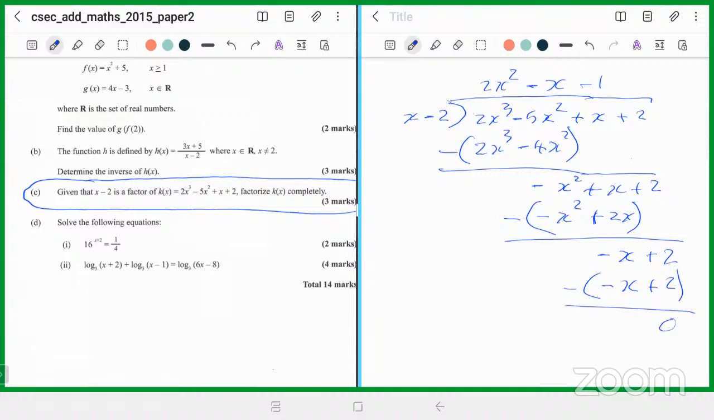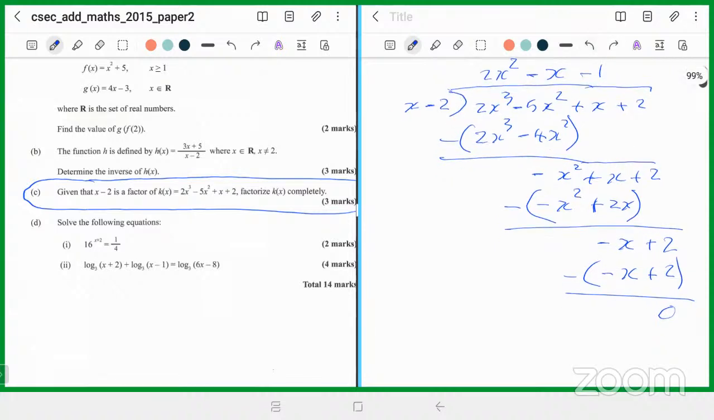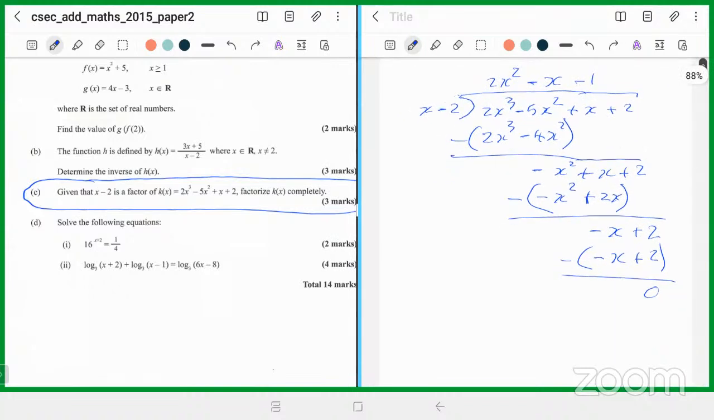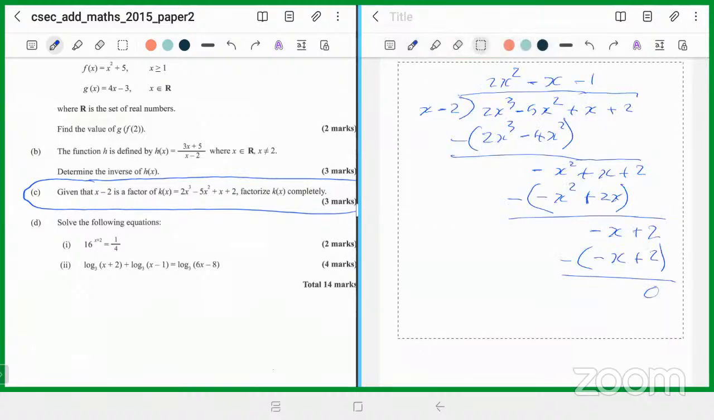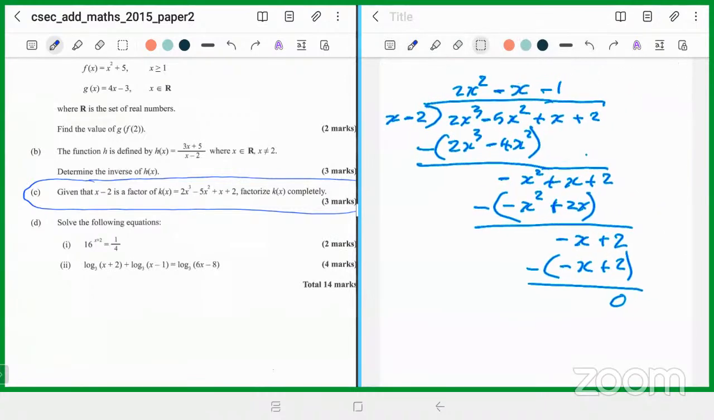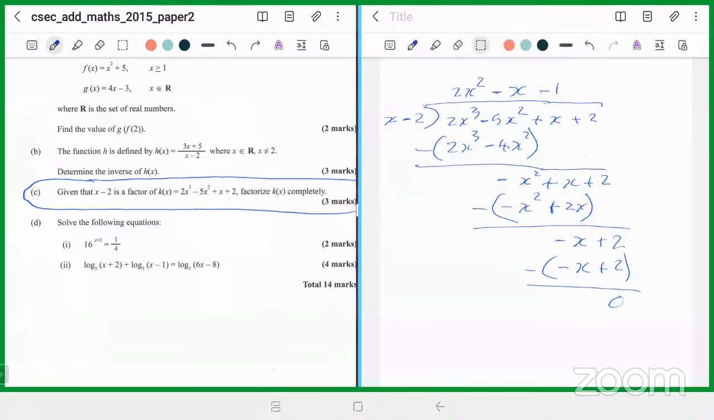So the function is now the product of this divisor and this quotient. This is a quotient and this is a divisor. Right? So basically, we can literally factorize this right here where it is. We can factorize that where it is and write the result. Let me shift this over. So this up here we factorize into